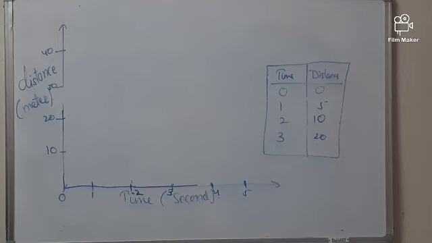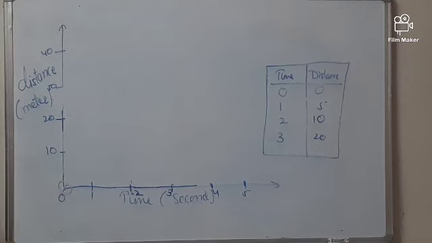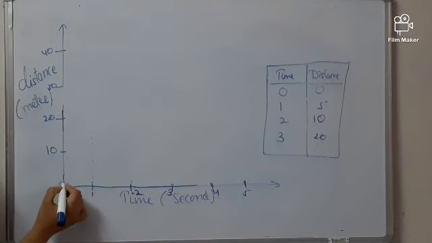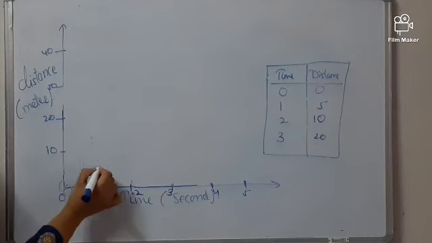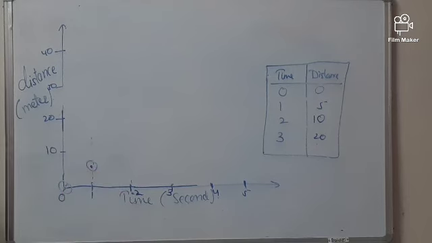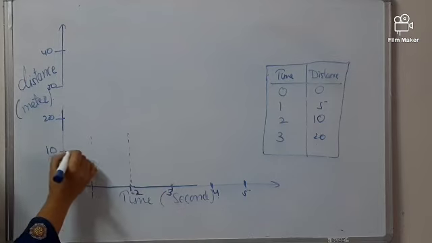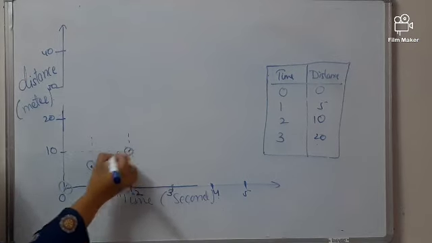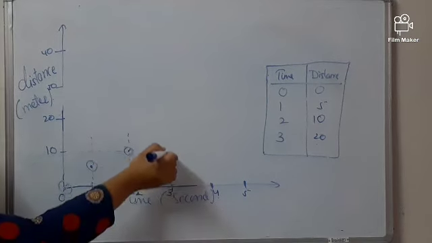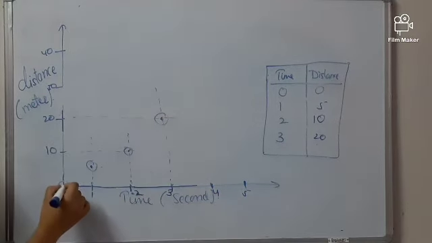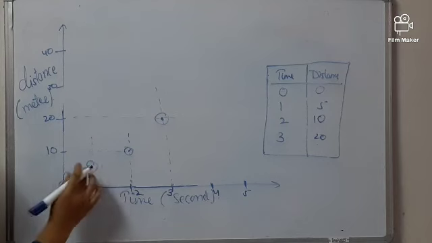So let's understand. When the time is 0, the distance is 0. When the time is 1, the distance is what? 5, means in between, in the center of the 0 and 10. So it will be here. Fine. When the time is 2, the distance is 10. The line will be here. When the time is 3, the distance is 20. The line will be here. So it goes